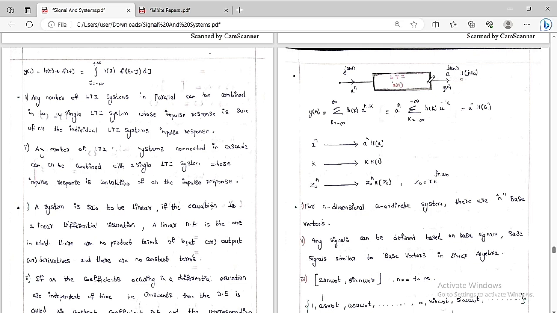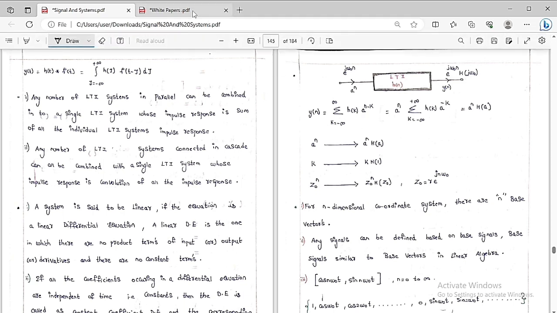So that is the reason e to the power of j omega naught n is called the eigenfunction for this system. Suppose the input is e to the power of jωn, then what is the output y of n? I want to figure that out. So y of n is nothing but, the basic formula, which is y of n is equal to